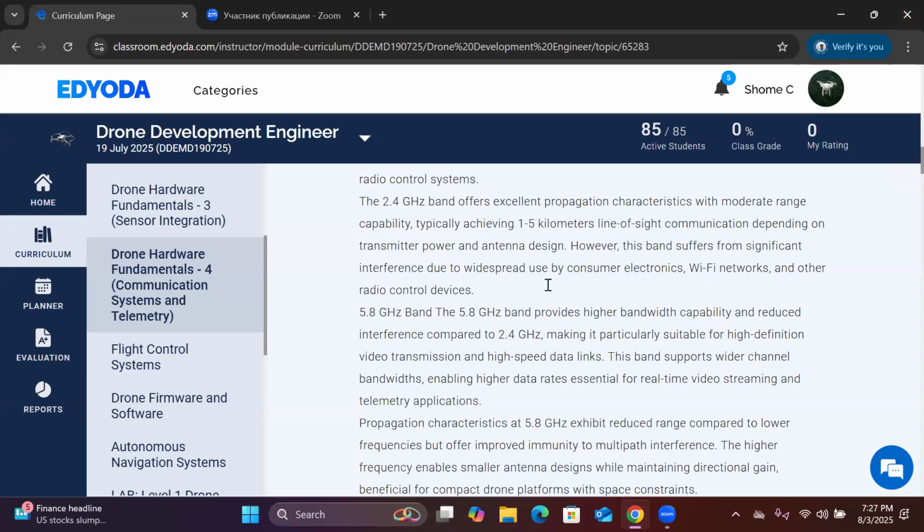However, this band suffers from significant interference due to widespread use by consumer electronics, Wi-Fi networks, and other radio control devices. So now you are increasing the RF power, your range got increased, you are taking the flight. So from 5 kilometer, you went to 50 kilometer. At the same point of time, you need to understand that there are adjacent cellular towers or cellular network which